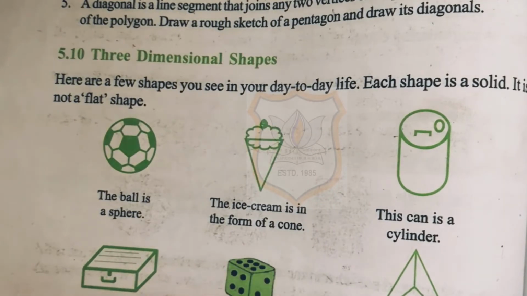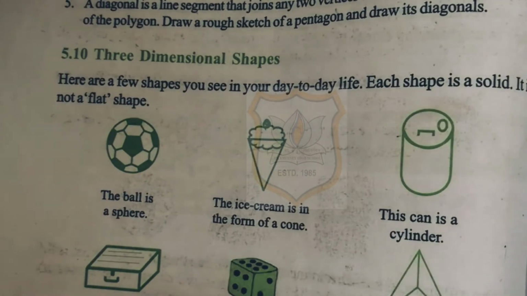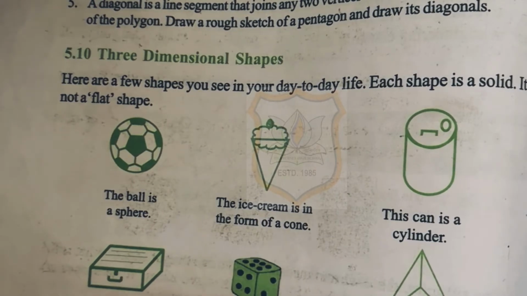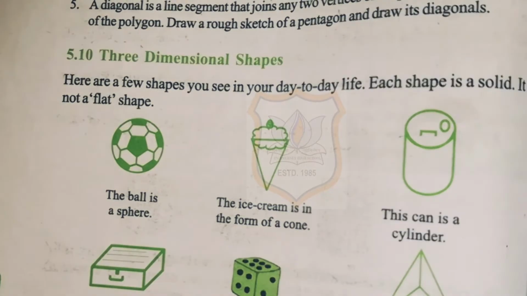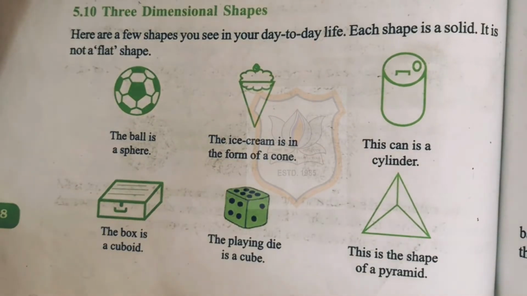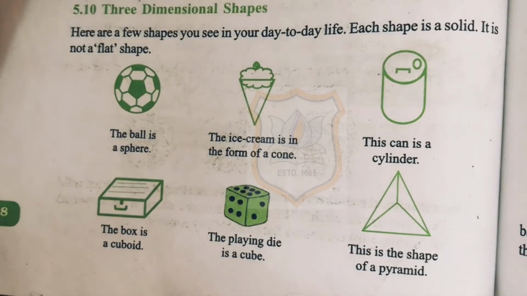Length, width and height are the three measurements of three-dimensional shapes. These are part of three-dimensional geometry. They are different from 2D shapes because they have thickness. Three-dimensional shapes which we generally see in our daily lives, each of these shapes is a solid and not a